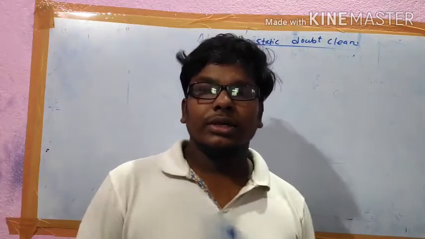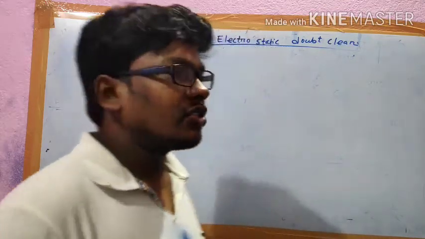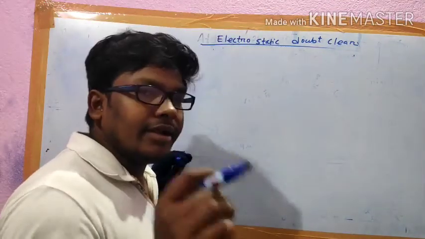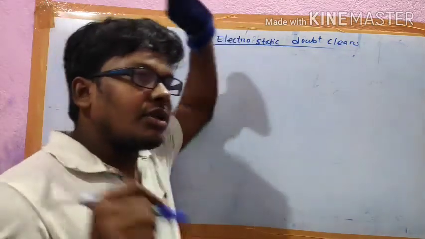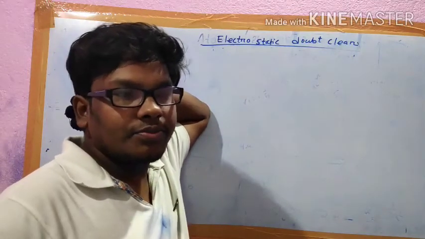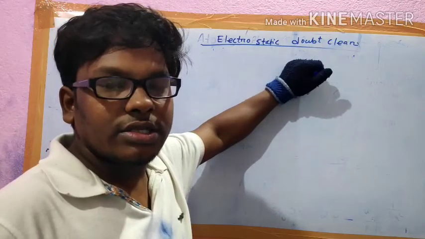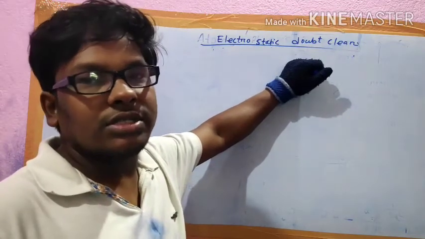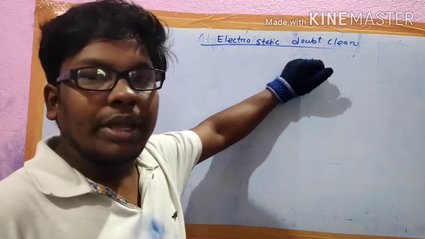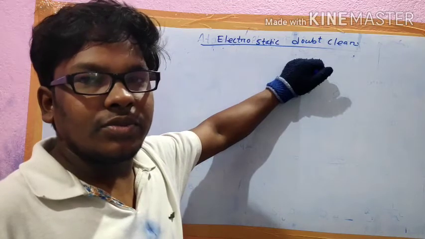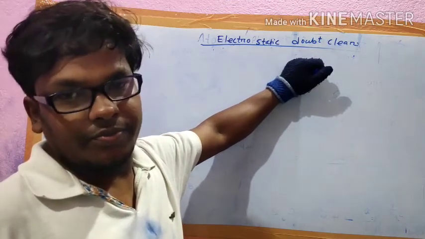Hello students. So the last question, let's solve it. Read the question properly I have given to you. So in the given question there is a square in which all the four corners consist of equal charge, that is minus 4 microcoulomb, and we need to place a charge at the center so that the entire system will be in equilibrium.